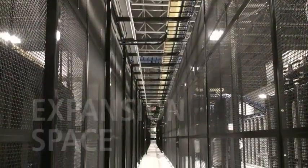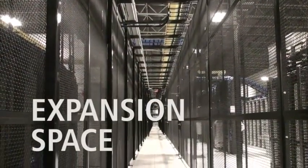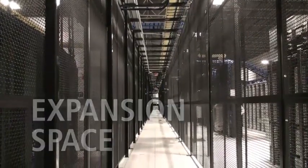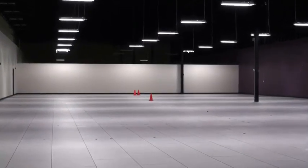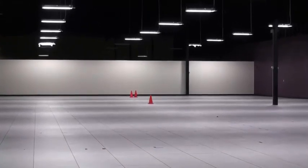The phased build-out makes it possible for RagingWire to apply advances in technology to each new phase and adapt to demand. This is why Building 2 is operating at nearly double the power density of Building 1. As the facility fills, Building 2 is already being built out, but as you can see, it has plenty of